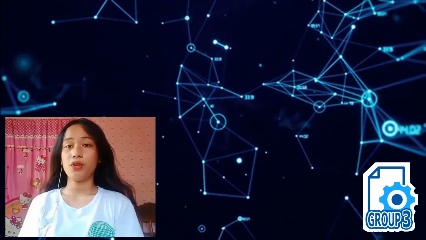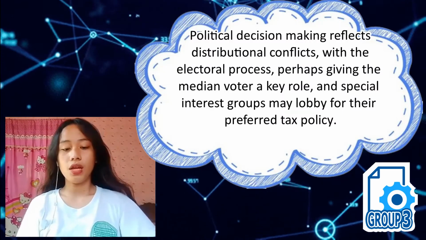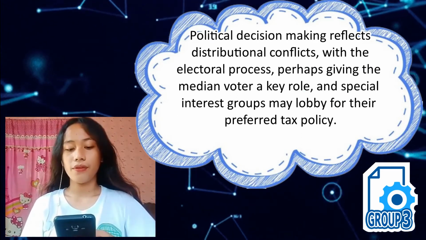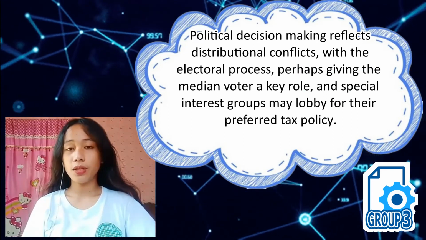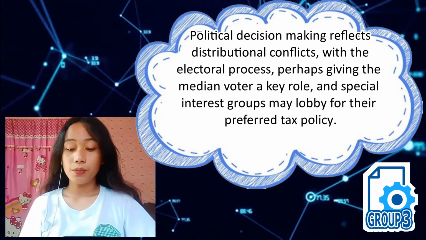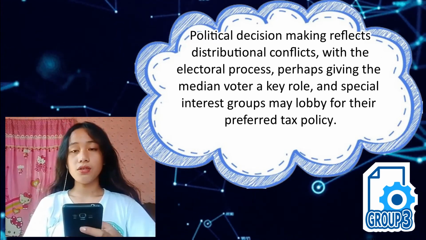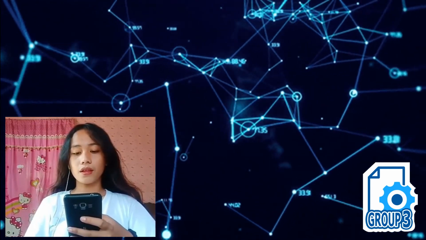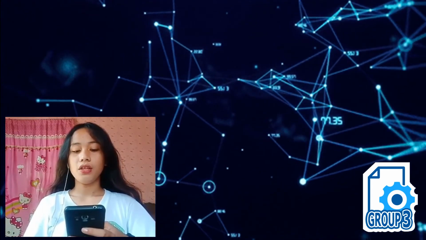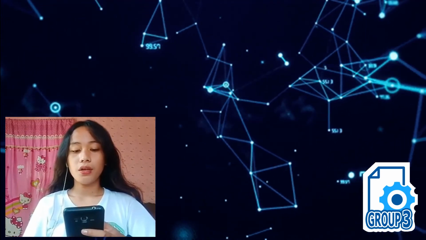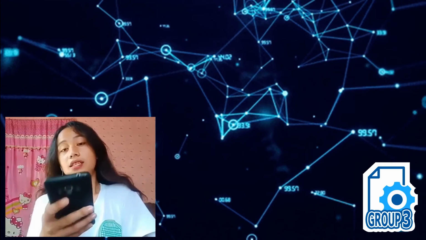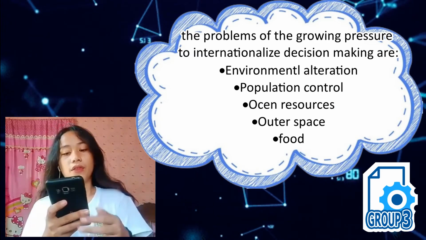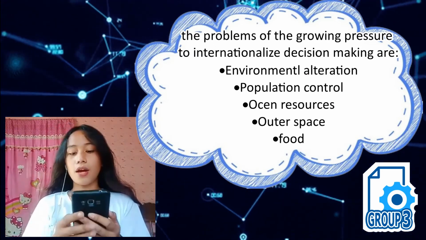For today's video, I'm going to discuss the growing pressure to internationalize political decision-making. Political decision-making reflects distributional conflicts within the electoral process, perhaps giving the median voter a key role, and special interest groups may lobby for their preferred policy. Beyond the arms race and its control, international government policy is focused increasingly on issues engendered by scientific and technological activity. The primary problems of these are, first, the environmental alteration